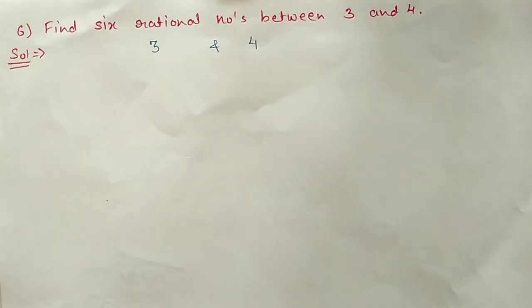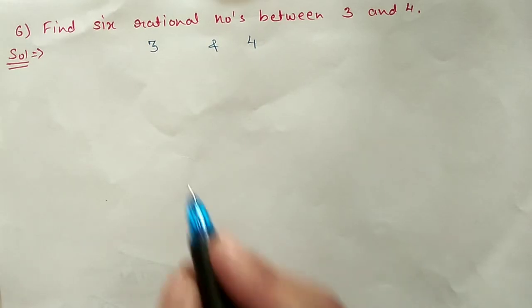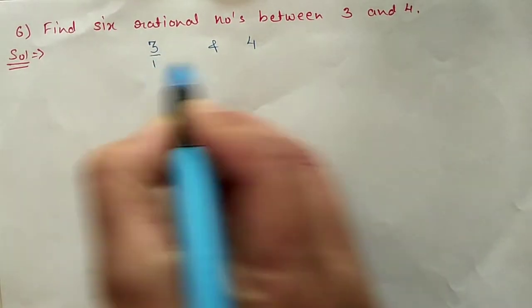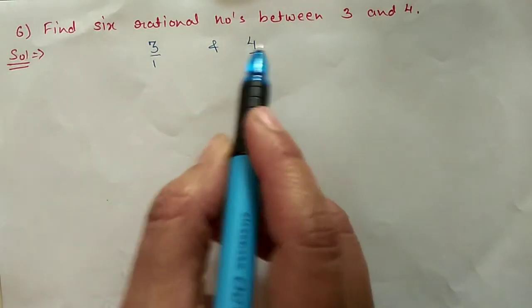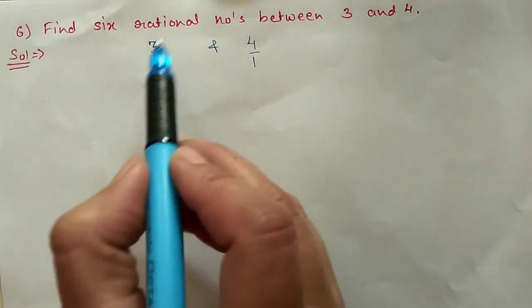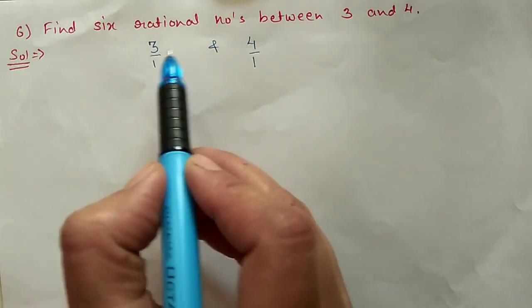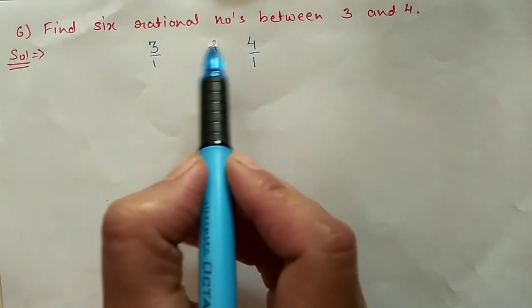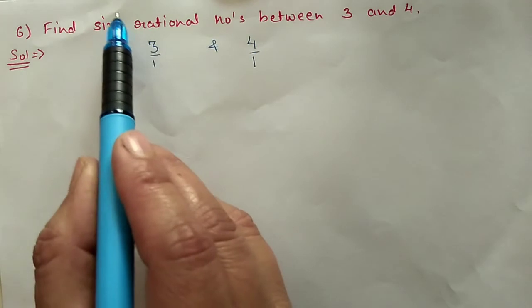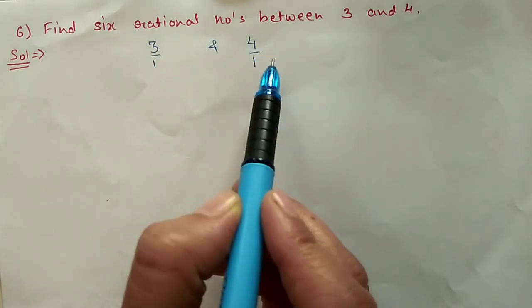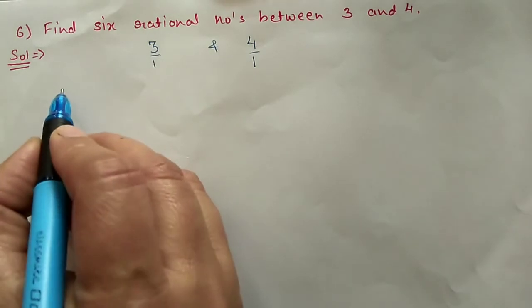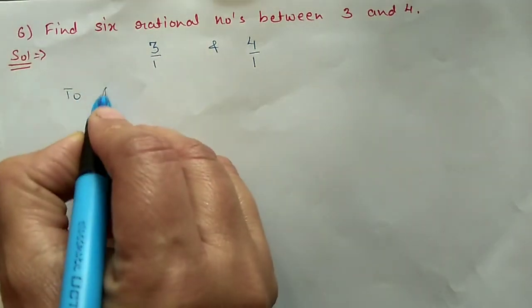Next question number 6. Find 6 rational numbers between 3 and 4. So 3 and 4 we can write as 3 by 1 and 4 by 1. For these two numbers the denominator is the same and the numerators are in continuity, 3 and 4. So for such questions we will multiply by the next number. We have to insert 6. It means we will multiply these numbers up and down by 7. So to insert 6 numbers,